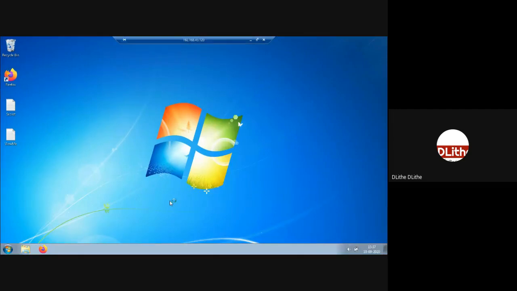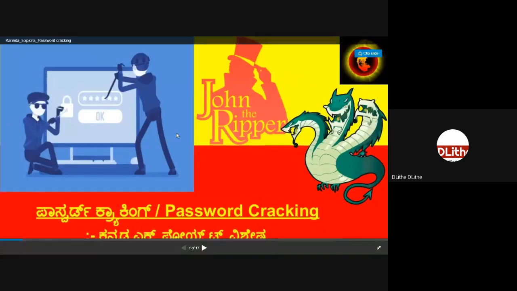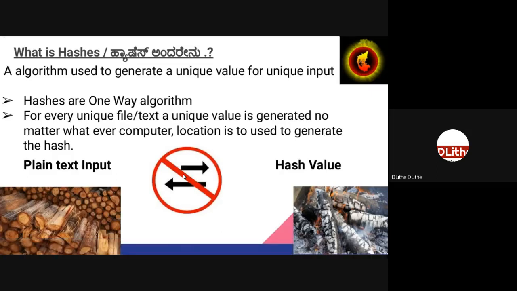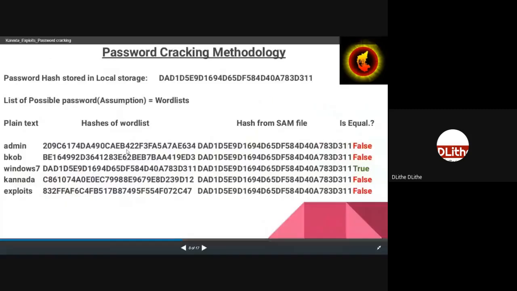As I said, there is no reverse process in hashes. It's a one-way algorithm, which means the only way to crack the password hashes is to use a word list so that you can generate a list of possible hashes, and your hash will match the existing hash only when the password is exactly present there.